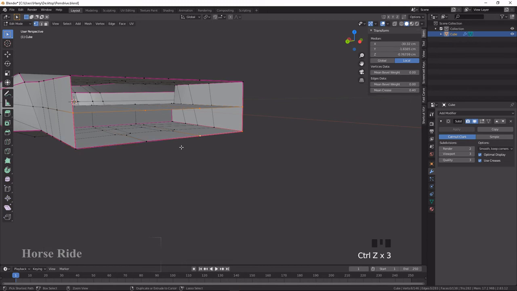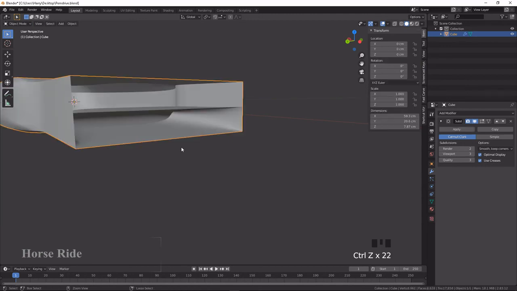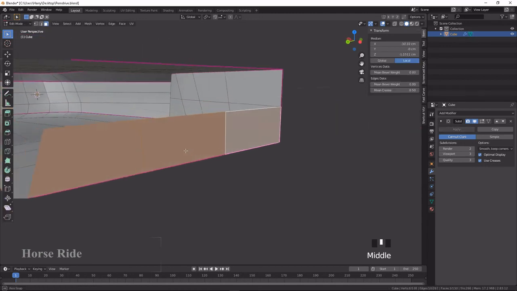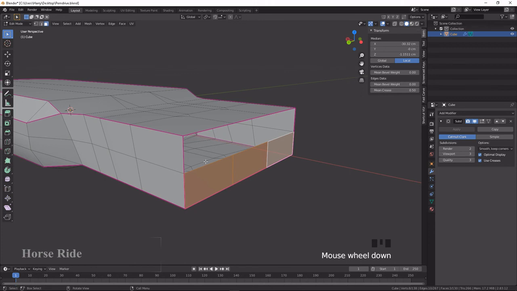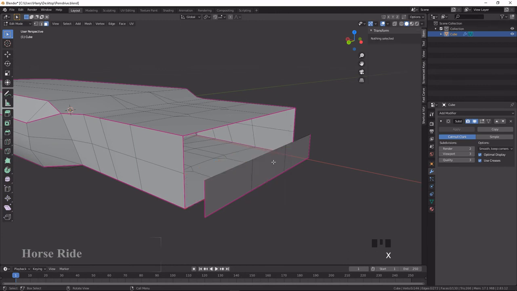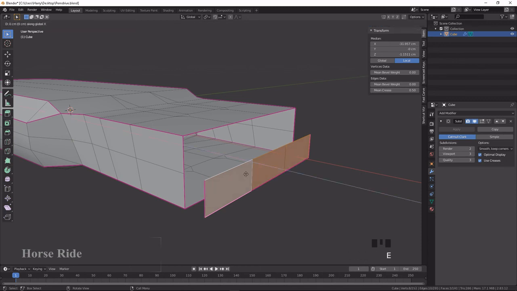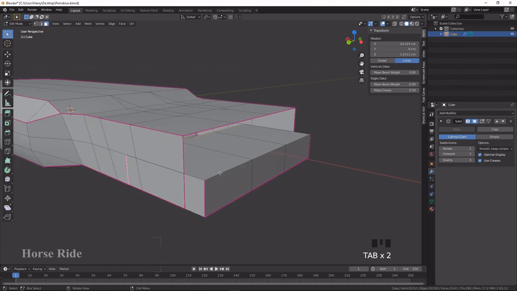So what we can do is undo all the items I have created now, especially the extrude options I did. Okay, so what I do is press Shift D and X, and I create one more faces. Select these faces, press X and delete the faces. Select this one, press E to extrude in the X axis. I create some more length and go to tab view and select all the corners.